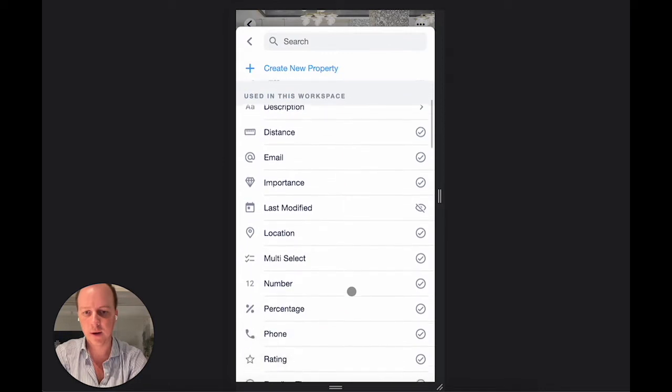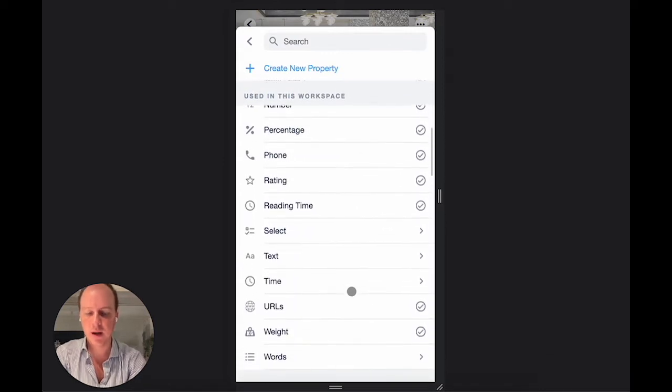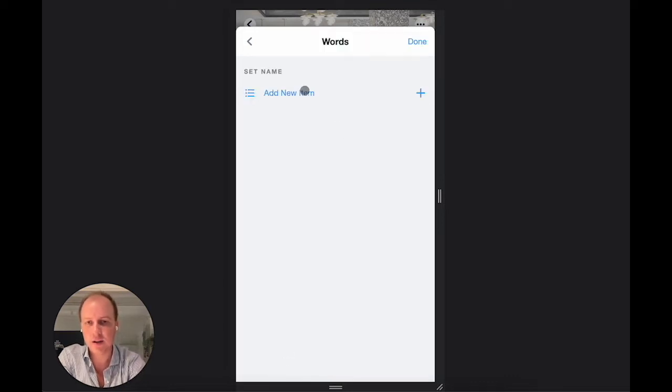Then, I believe it might be the last one. And the last type of property you can create is words. Essentially, words are quite similar to the select or the multi-select. The difference is that the values of the select are reused in every single property. So for example, status: to do, doing, done. It's always the same three. Multi-select might be, for example,